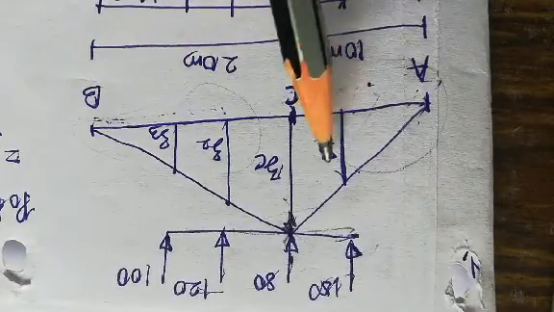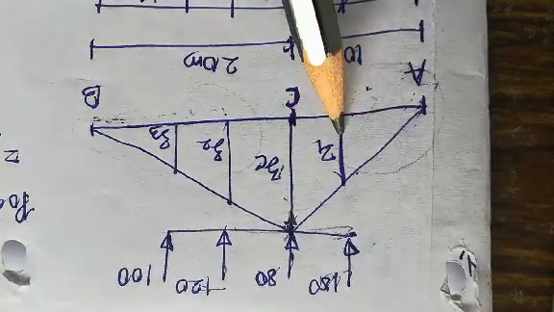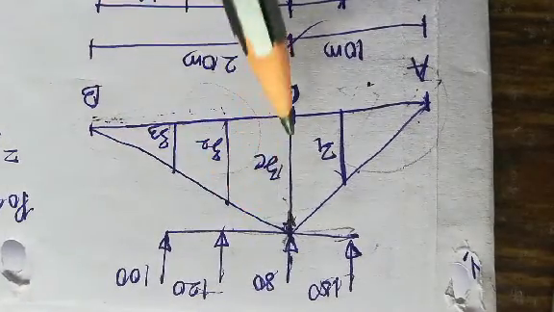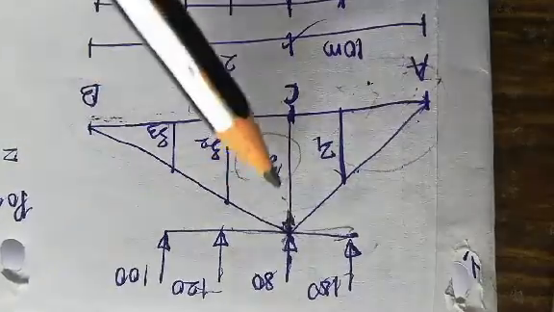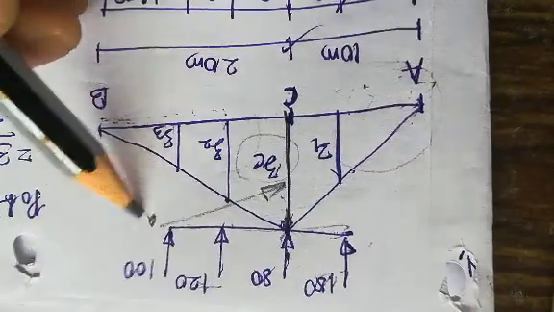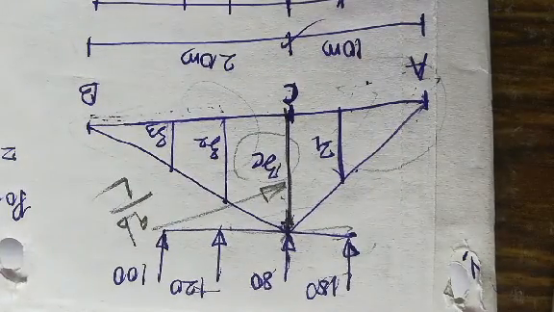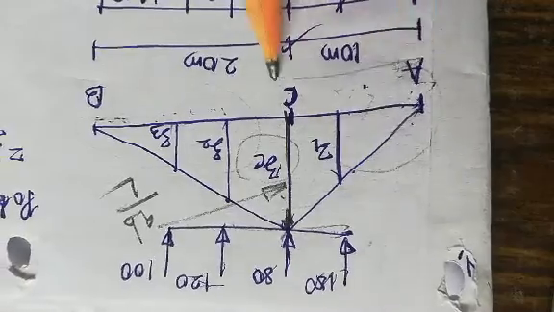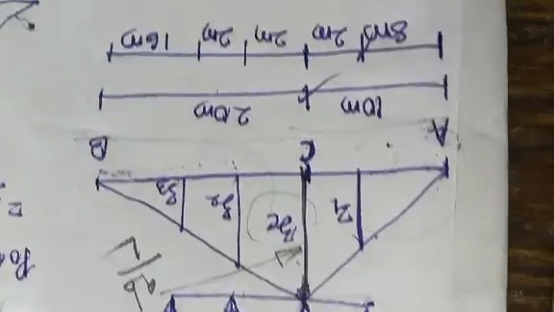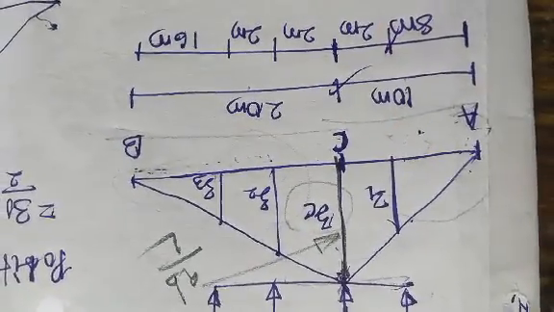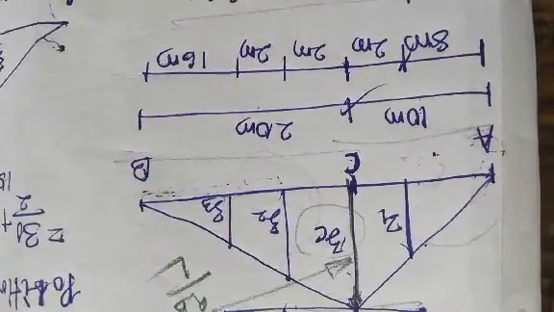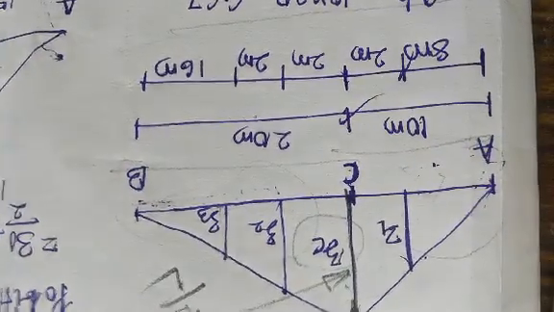Then draw their ordinates. For 150 I have given the ordinate as Z1, for 120 as Z2, for 100 as Z3, and for 80 I have named it ZC, because we know the ordinate is maximum at C point, and this is always given by AB divided by L. For C, what is the A value? 10 meters, and B value is 20 meters. Now I have written down the remaining distances for the other loads so that our calculation will be easy.